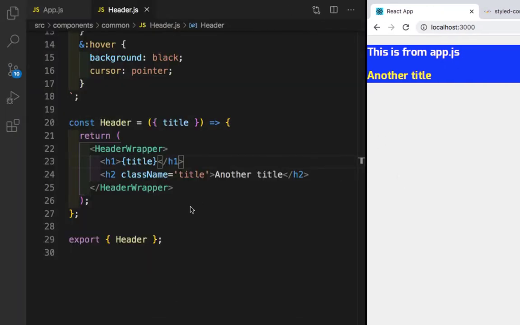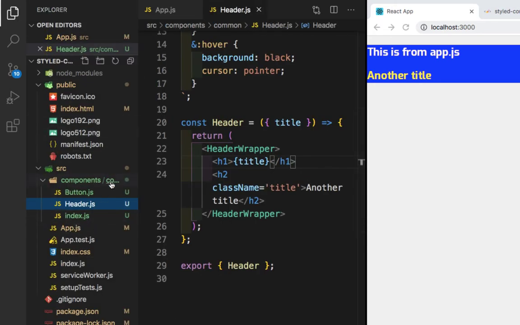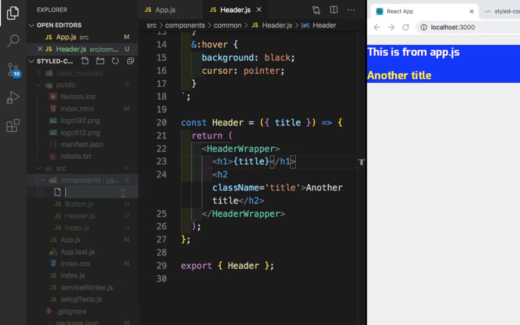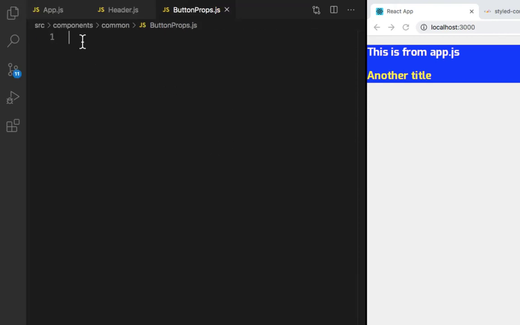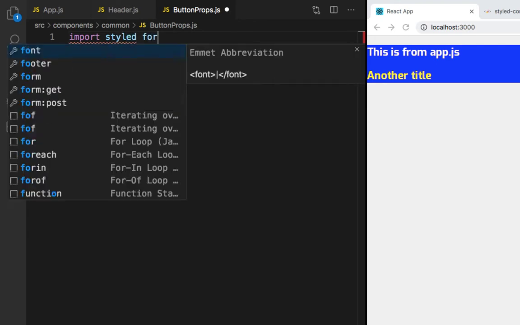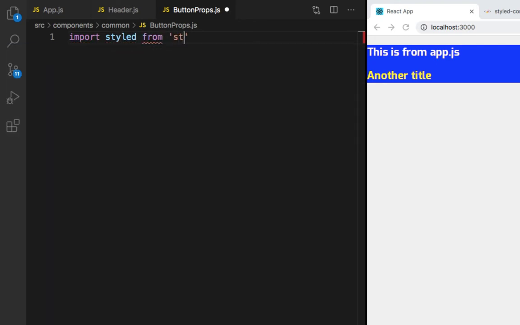So styled components also have the same approach. For that we need to create one more component in the common folder. So in the common folder I will create one more file with the name buttonprops.js, and let me close this. And this is not a React component, so here I will write import styled from styled-components, and here I'll create a variable const, and the name of the variable will be buttonProps,